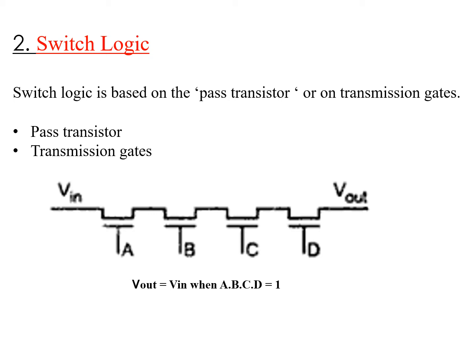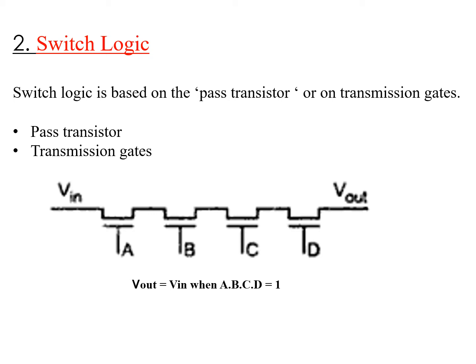One terminal of your NMOS A is connected to V in, the other terminal of A is connected to B, so on and so forth, and the last terminal, that is your D, is where you are seeing the output V out. That means I'll be applying the voltage at this particular terminal of MOSFET A, and I'm going to take the output from